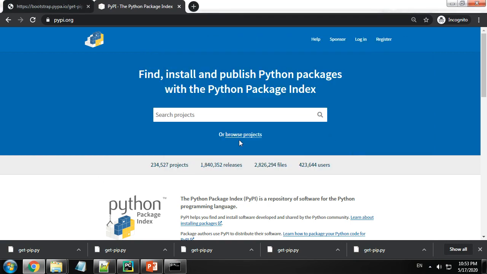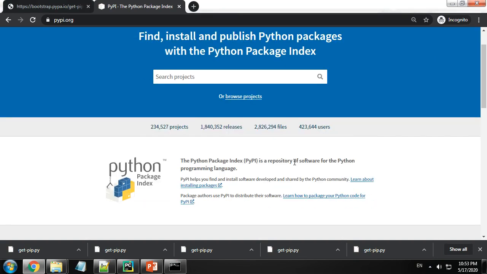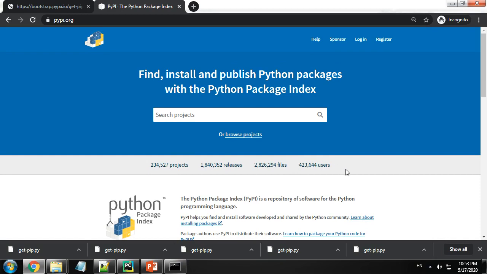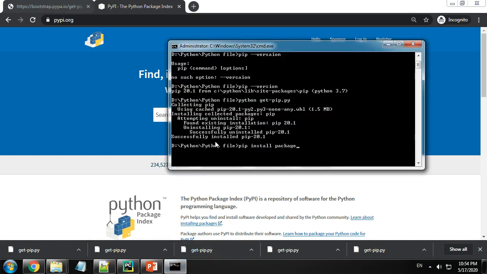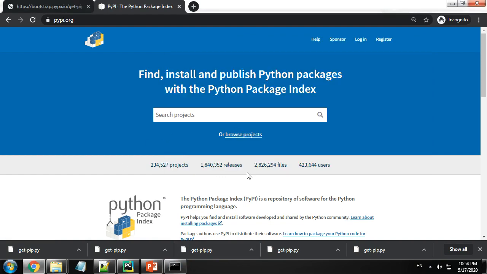This is where this particular repository comes into the picture. This is a public repository and anyone is free to upload any packages or any projects which he sees fit. And if you like his particular module or package, you can go ahead and download it, or in our case pip install it from this particular website.